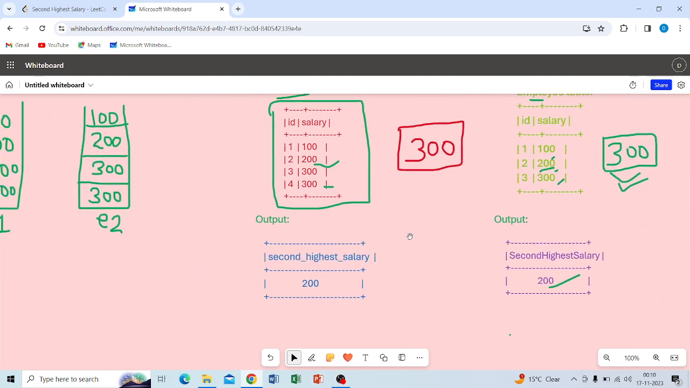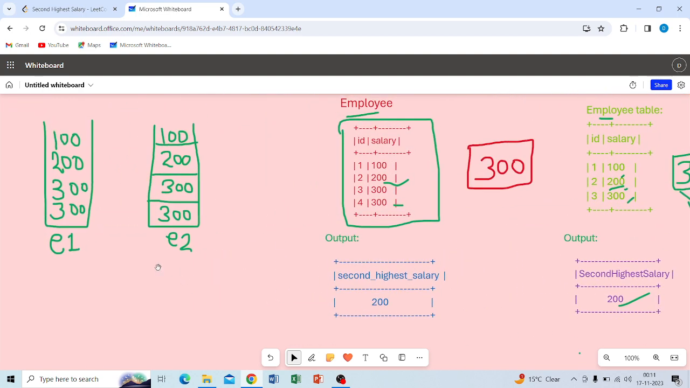Suppose you have two tables, E1 and E2. I am just comparing them and counting each value of this table. Suppose this is our 100. Now check E2 salary, employee 2. I'm just changing the name, but the data is the same. So E2 salary